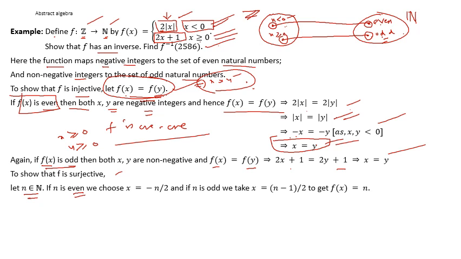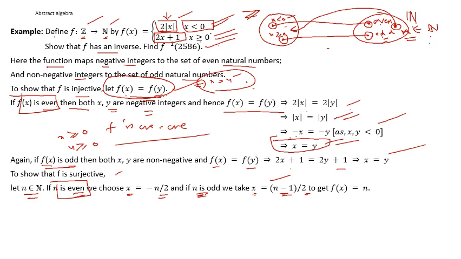Suppose n belongs to the natural numbers। সাবজেক্টিভ হতে গেলে আমরা এখানে যে কোনো একটা এলিমেন্ট নিয়ে নেব n, আমরা দেখব তার প্রি ইমেজ আছে কিনা। তো n যদি ন্যাচারাল নাম্বার হয়, either it is even or it is odd। প্রত্যেকটা ন্যাচারাল নাম্বার either even or odd। তাহলে আমরা প্রথমে ধরে নিচ্ছি n is even। n যদি even হয়, তার মানে আমরা x কে -n/2 হিসেবে চুজ করতে পারি, আবার যদি n odd হয় তাহলে আমরা x কে চুজ করতে পারি (n-1)/2। দেখো n যখন odd তখন n-1 কিন্তু even, তার মানে (n-1)/2 is an integer, otherwise কিন্তু এটা integer হবে না।